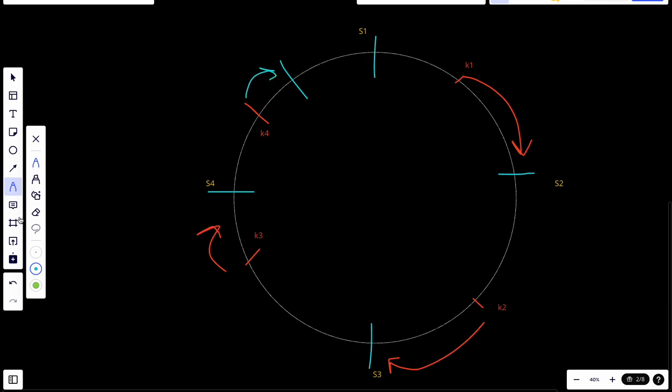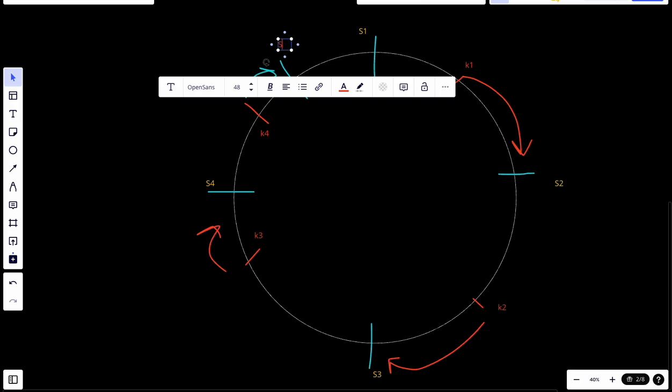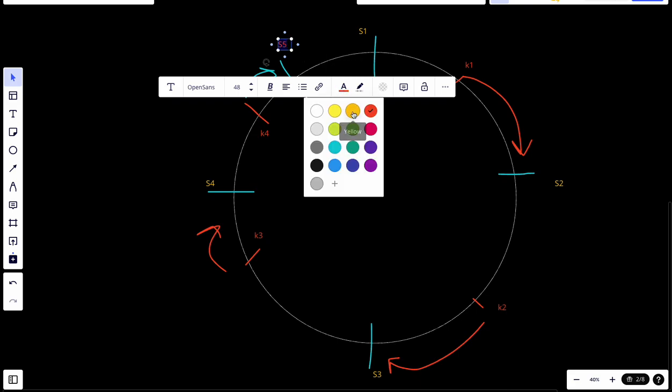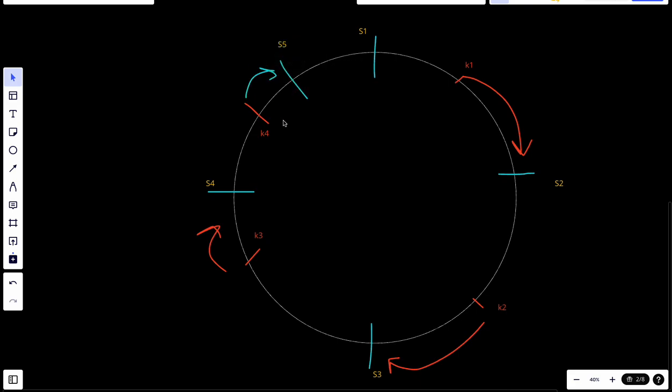Let's just call this server S5 and make it a color. Okay, so basically, key 4 will connect directly with server 5. So let's delete